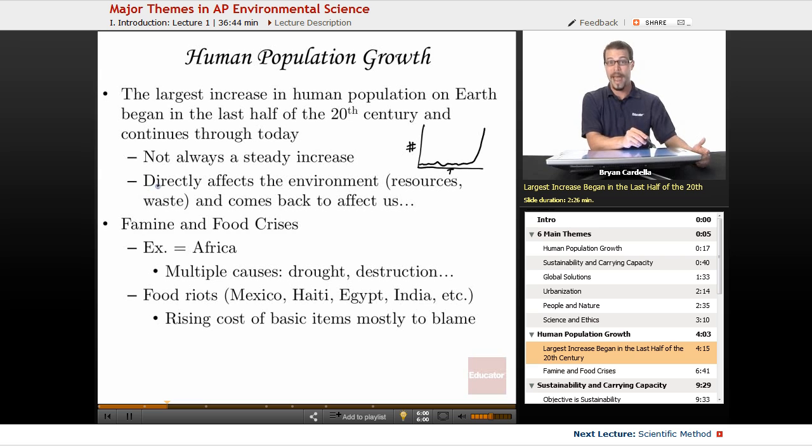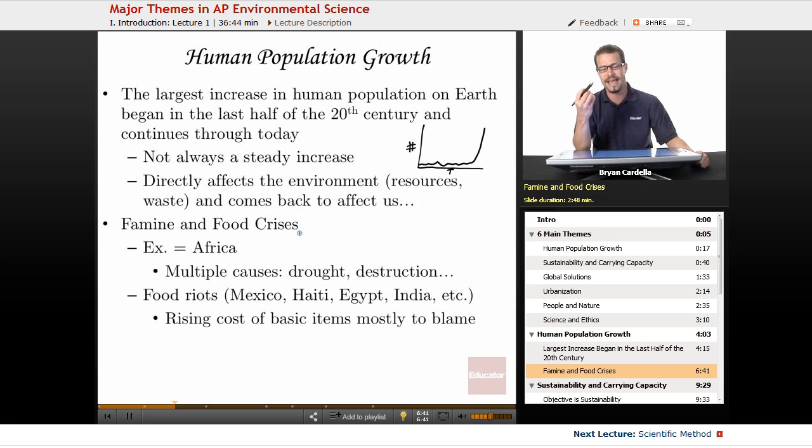And of course, this rapid population growth directly affects the environment, the resources, what we need to sustain that amount of people, and the increase in that number. And then the waste: the more people you have, the more waste there is. And I'm not just talking about fecal waste. I'm talking about everything we use, plastics, electronics, all that stuff we throw away. There's a drastic accumulation in waste, and what we do with that waste is important to consider. And because of those reasons and others, it comes back to affect us. So we affect the environment, and the environment affects us. We are communal. We're intertwined with nature.